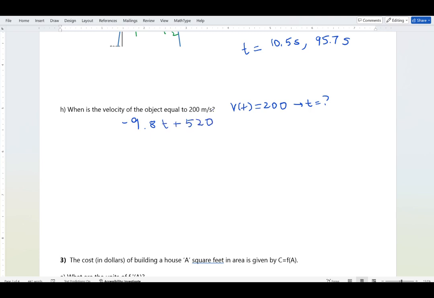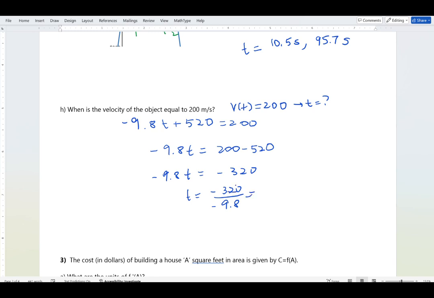And we're not plugging in t equals 200. They didn't say time equals 200 seconds or anything like that. They said when is the velocity equal to 200. So set the entire velocity equal to 200. And we're going to solve for t to answer the question when. So first subtract 520 from both sides. Luckily, no more quadratic equations, right? This one's nice and linear. So on that side, I'm getting negative 320 equals negative 9.8 t on the left, and divide both sides by negative 9.8. And that will give us a positive answer of